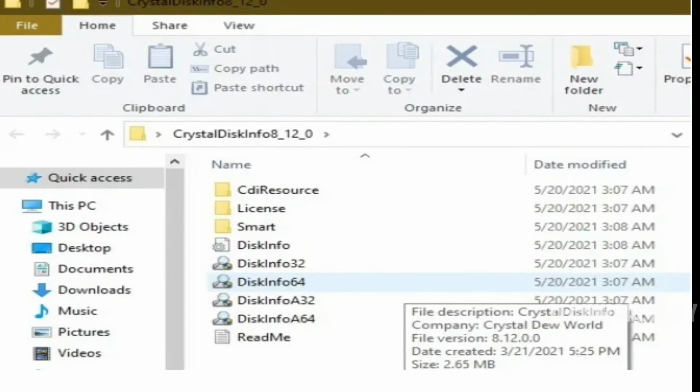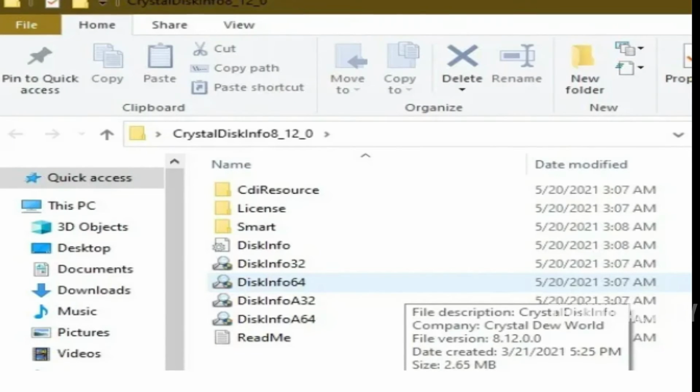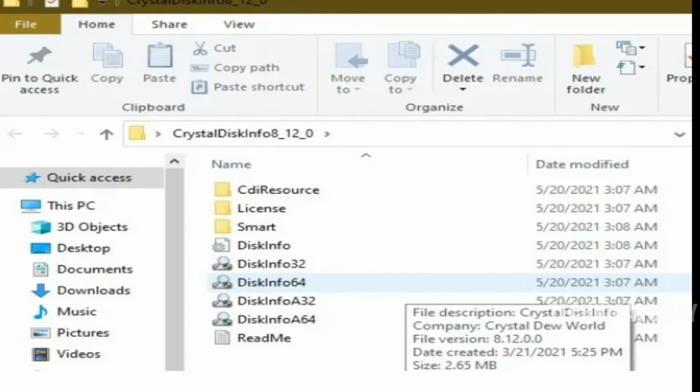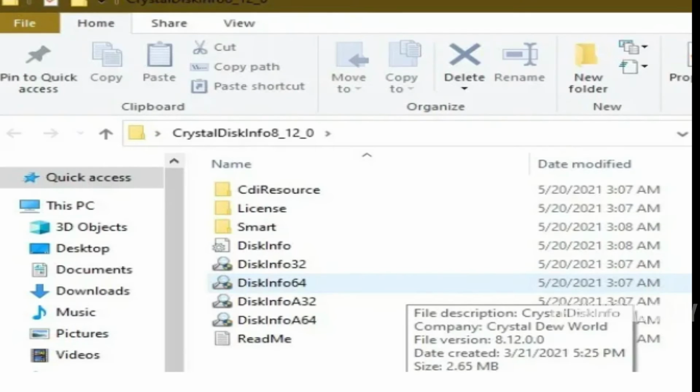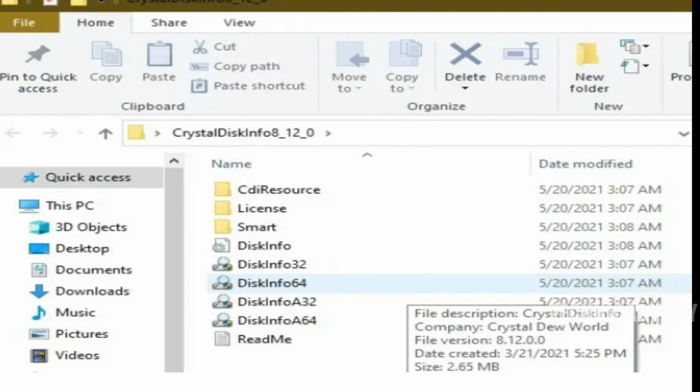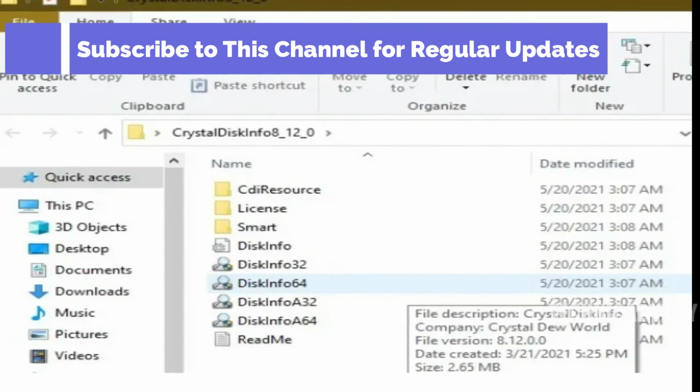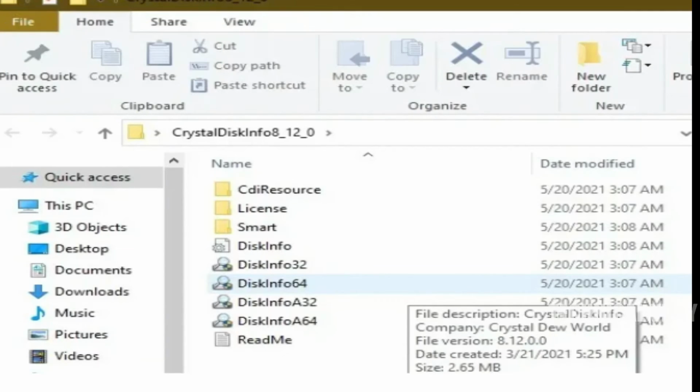It is a free tool that is extremely light and offers all the required information such as temperature, health status, hard disk type and features, and other attributes like read/write error rates, spin-up times, etc. When you download and extract the files, select the right tool for your Windows 10 version. That is, it may be 32-bit or 64-bit. If you have a 32-bit operating system, then you have to use the 32-bit version. If it is 64-bit, then you have to use DiskInfo64. This runs the tool without installing anything.